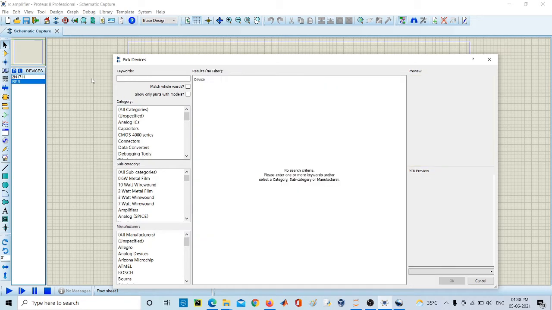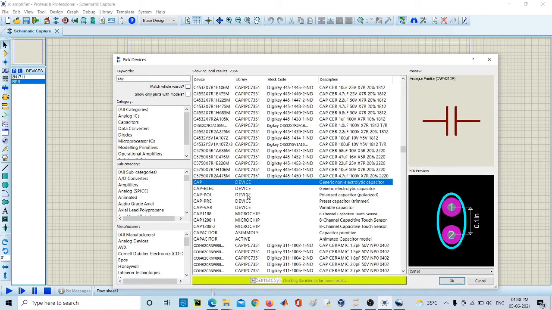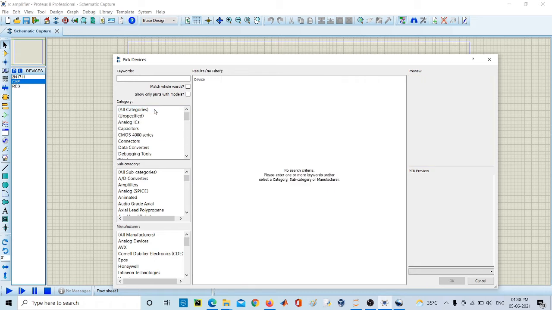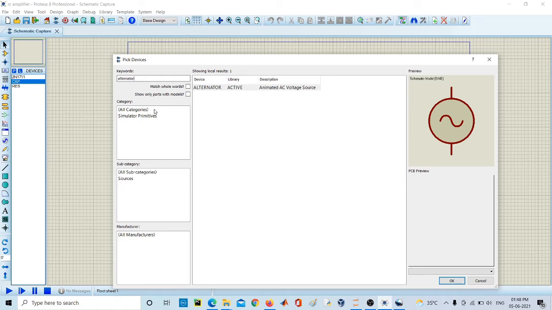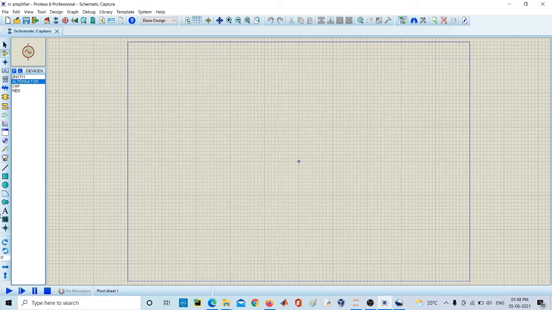Now after the resistor we require a capacitor as well. Capacitor is selected. After that we want an alternator to produce the sinusoidal signal which we want to amplify. Right here, alternator. Double click on it and close this window.